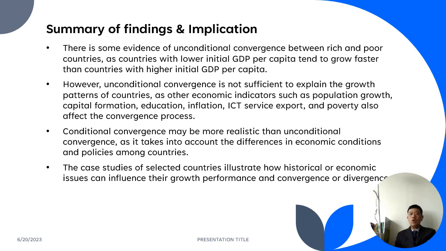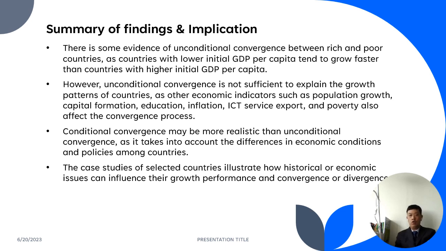However, unconditional convergence is not sufficient to explain the growth patterns of countries, as other economic indicators such as population growth, capital formation, education, inflation, ICT service export, and poverty also affect the convergence process. Conditional convergence may be more realistic than the unconditional one, as it takes into account the differences in economic conditions and policy among countries. The case study of selected countries illustrates how historical and economic issues can influence their growth performance